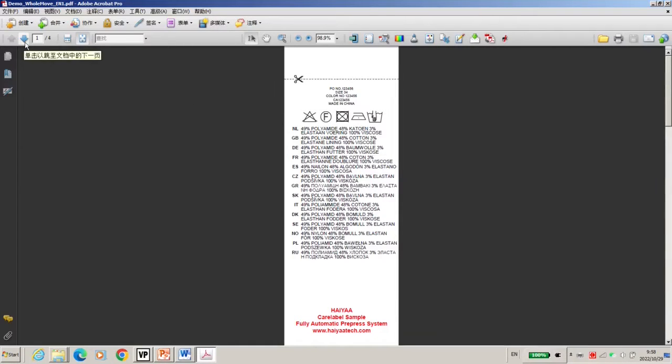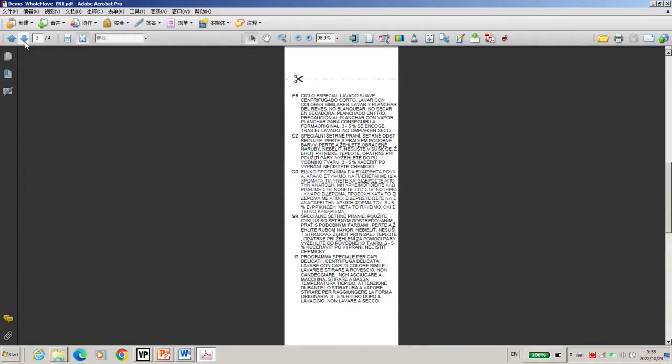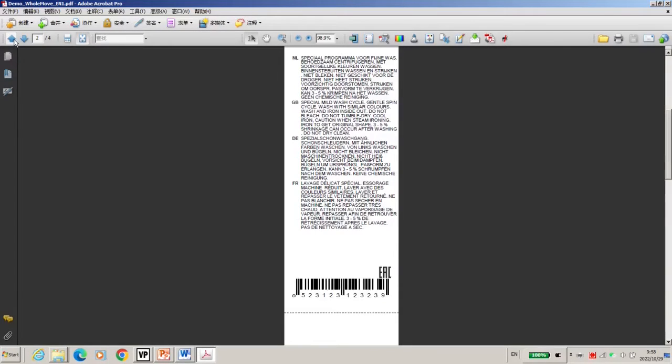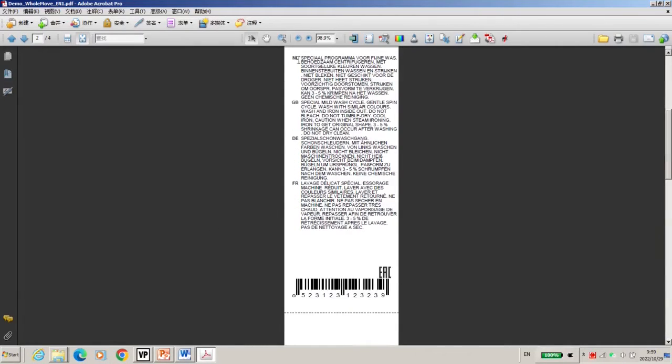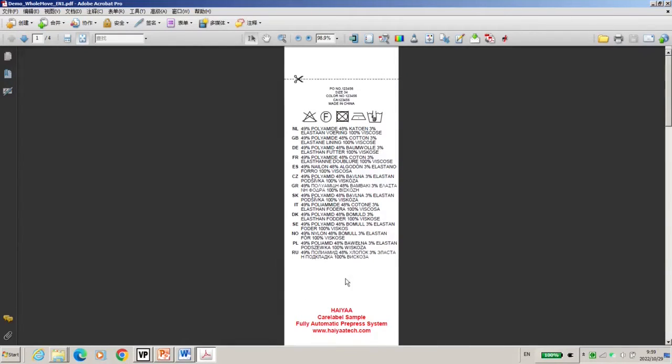So it's the first page, second page, third page, fourth page. So you may ask, why this big space here? Why no content? Because we set a logic, a composition box or the care instruction box. We set the whole content move to next page. So after this composition, there's a care instruction. Yes, care instruction, but it's not enough space. So we move this care instruction totally move to the next page. So that's why we got a big space here.